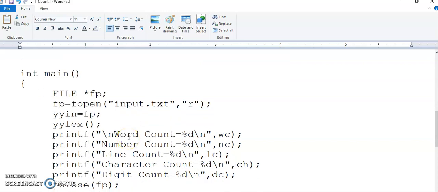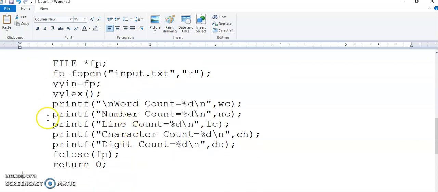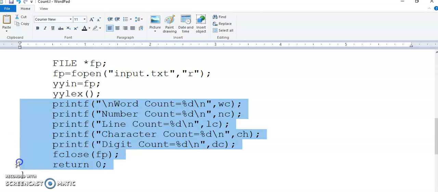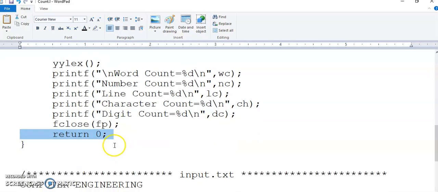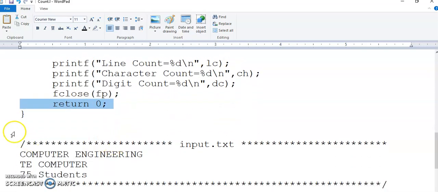When all the input is processed, then control will come to the next statement after YYLex and all the remaining statements are executed. So here word count, number count, line count, character count and digit count are printed and the file pointer is closed and main will return. Now this is the end of the program.